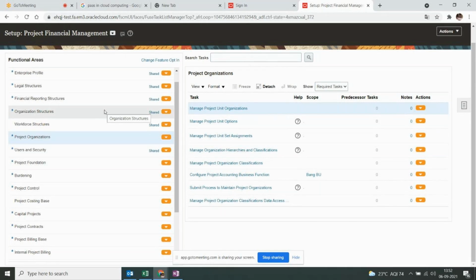Or sometimes they will ask you the functional area, and then ask you to list down some of the tasks available under that particular functional area. So that is your primary task: to remember all the functional areas and then the tasks underneath each functional area.